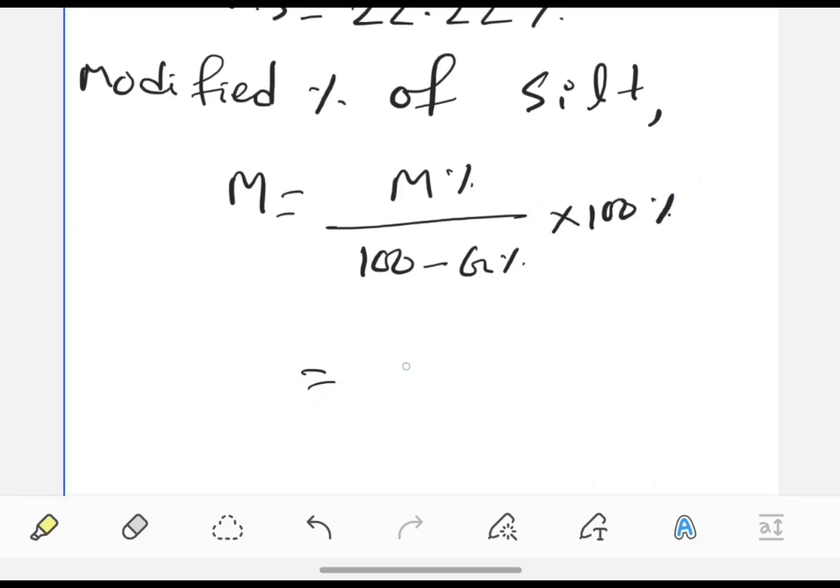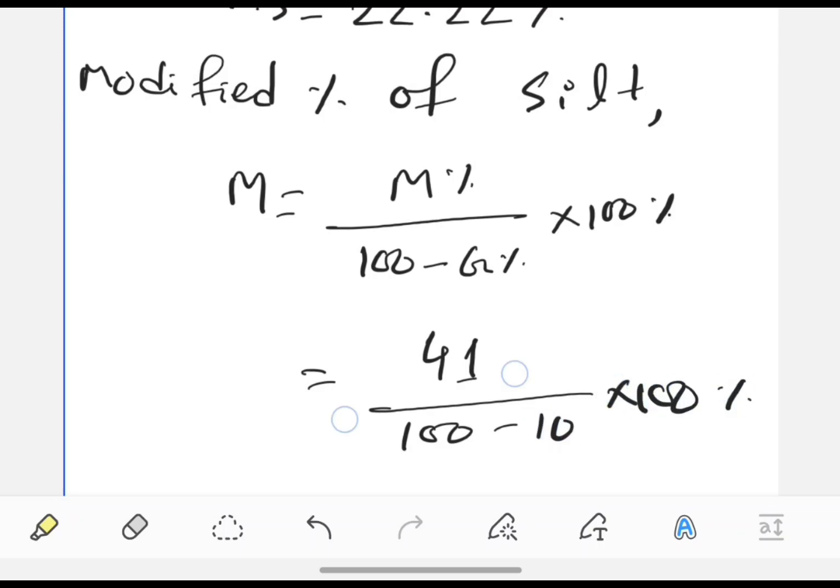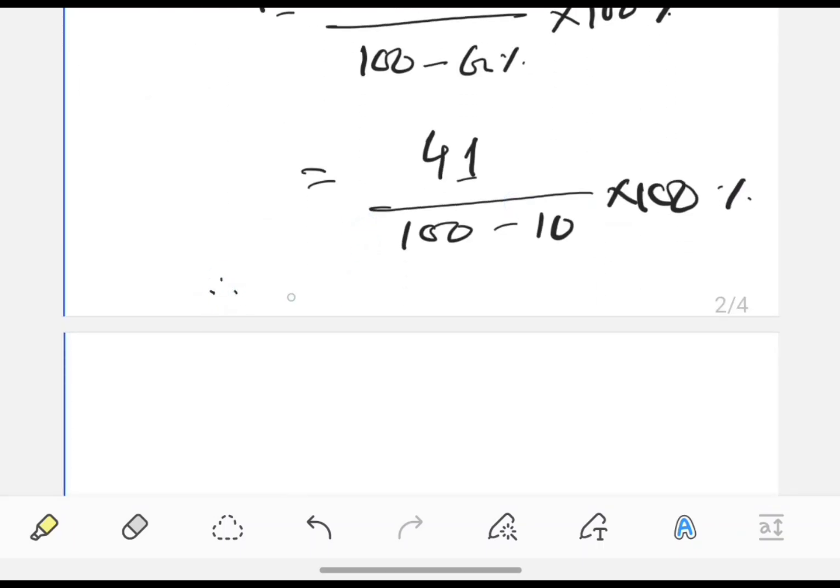We know silt percentage is 41 and gravel percentage is 10. So modified silt percentage will be 45.56%. Okay,